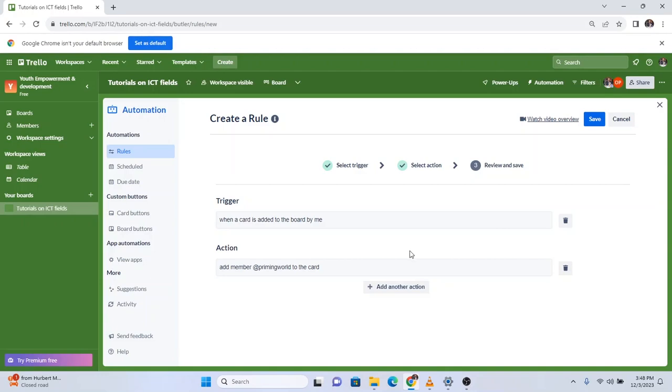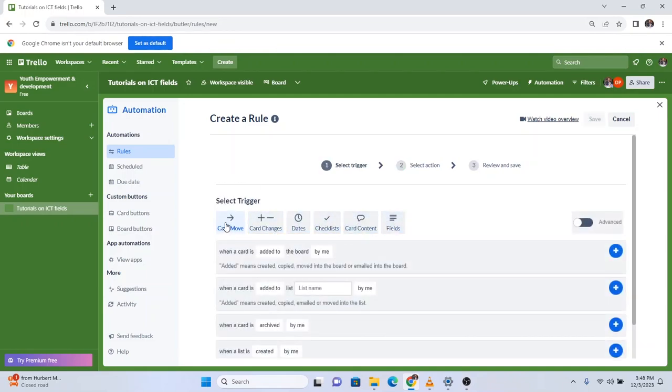So the trigger is when a card is added to the board by me, then action add member. Although I wanted it to be moved, I think I mistakenly chose added instead. So let's say